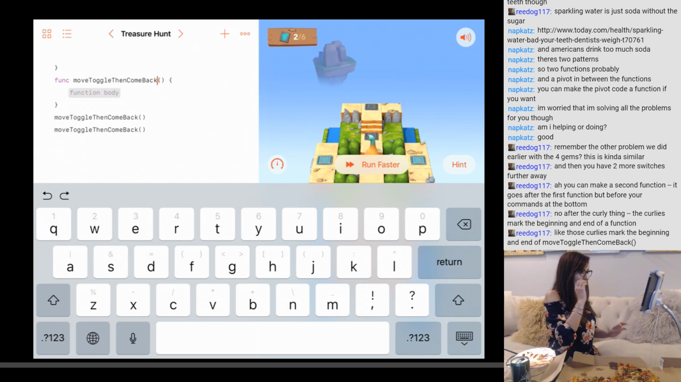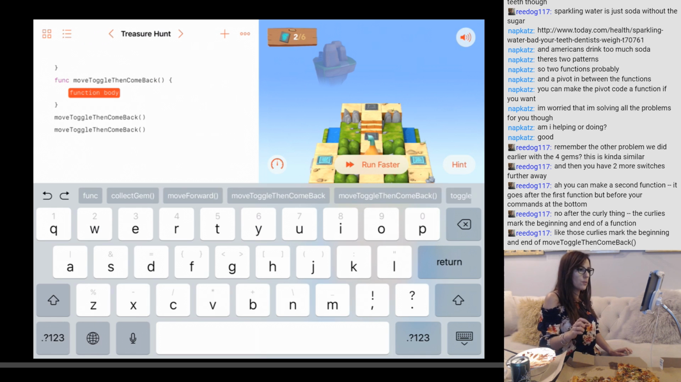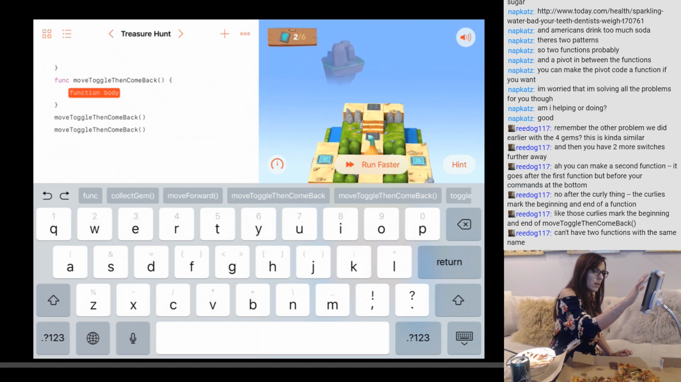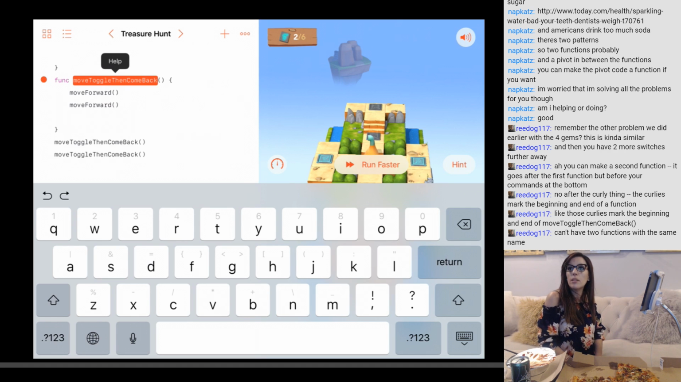Okay. Then here we're gonna have to do a move forward, then... oh, okay, all right, so we can't. So how do you want to call it? We're gonna call it what? I was gonna say nutcats, but